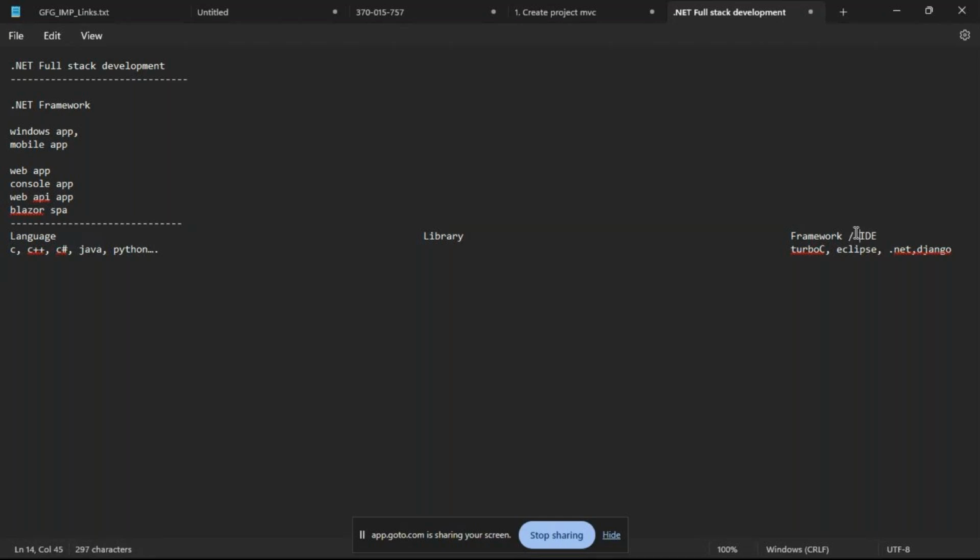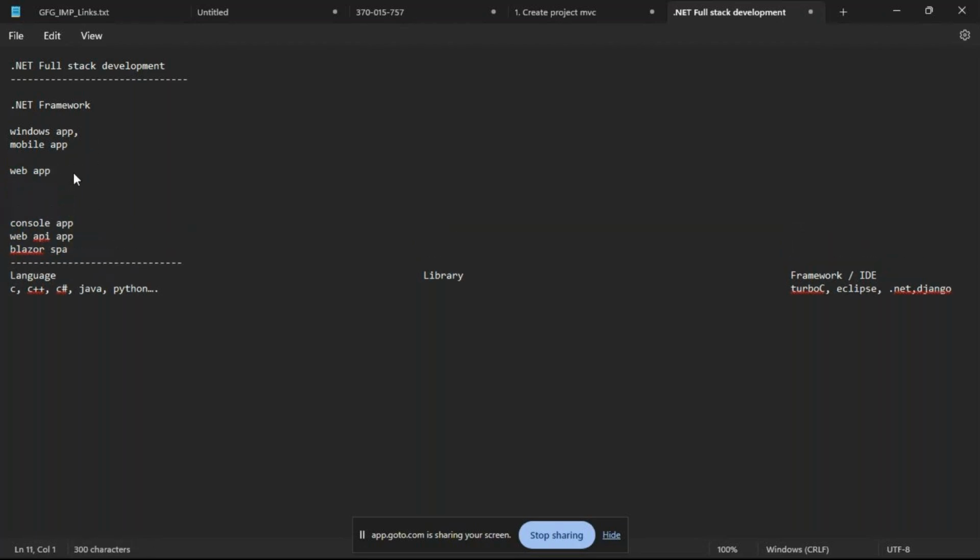See here, a framework provides a flexible mechanism. If you want to implement a web application, learning a simple C sharp language or Java language is enough to implement a web application, is it not right? So to implement a web application, what all do we require here? We need some HTML, CSS,